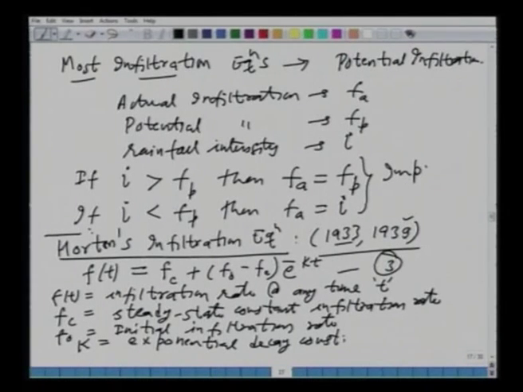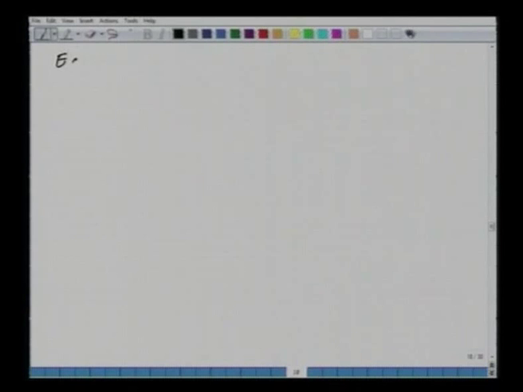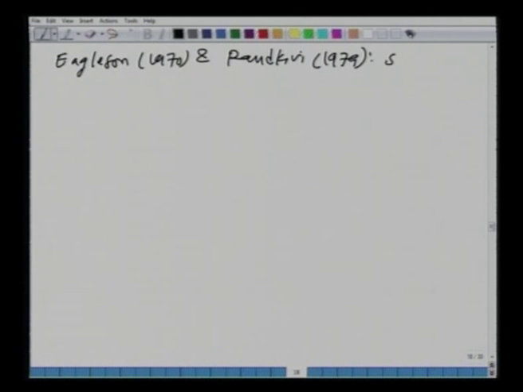The exponential decay constant will have units of time inverse, because you have e to the power minus k t and this should be dimensionless, so we are multiplying by time. So, k has units of time inverse. Now, certain researchers have shown, for example, Eagleson in 1970 and Rautkivi in 1979, that the Horton equation can be derived